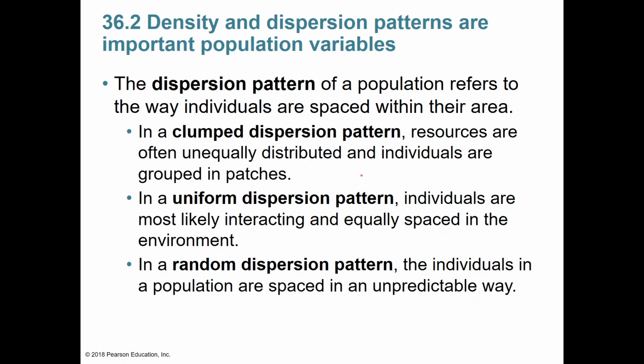An example of this is dandelion seeds. Dandelions are dispersed in a random pattern because as the seeds blow in the wind, they just land in a random location. They're not clumped in one spot based on resource availability, and they're not dispersed uniformly because the wind directions change. They're randomly dispersed because that's how they end up being.